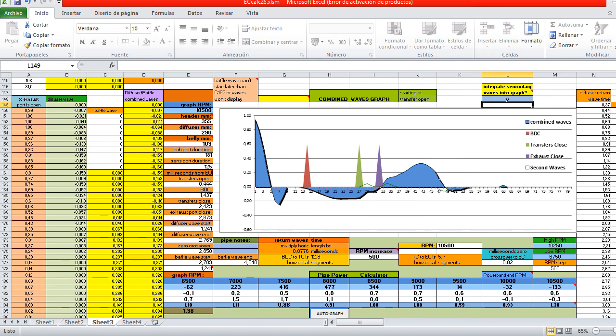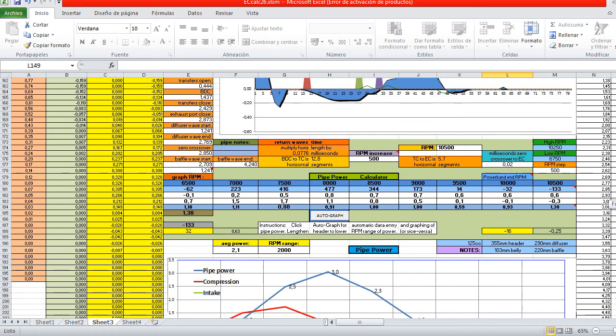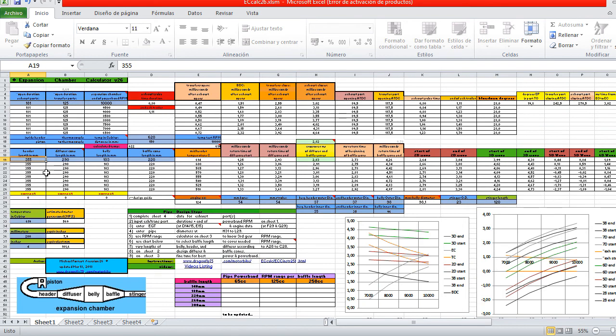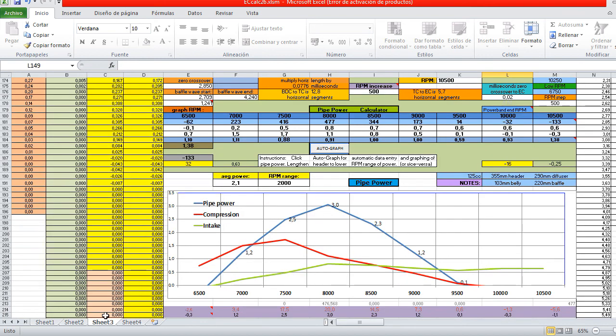So when you run the autograph, it will display the power band. And if you don't like it, change it by 20 millimeters or even 10 millimeters. Just go back to sheet 1. Increase this length by 10, decrease this length by 10 or 20. And then go back to sheet 3 and click autograph. You don't even have to deal with sheet 2, because when you did that,